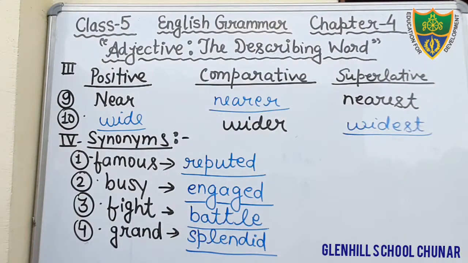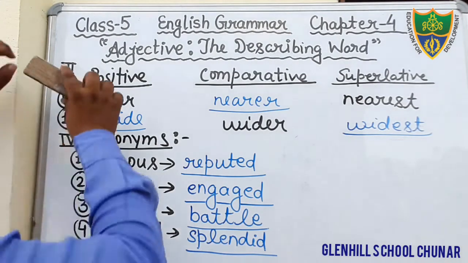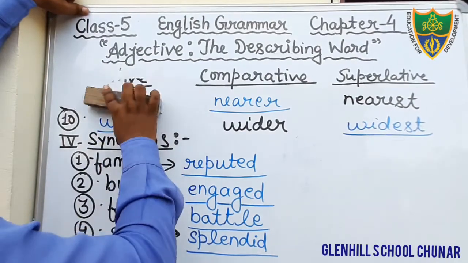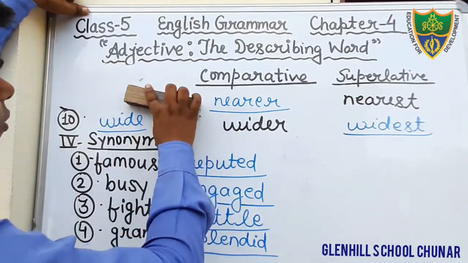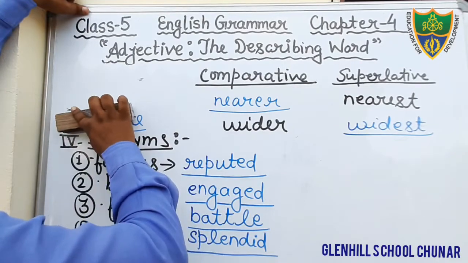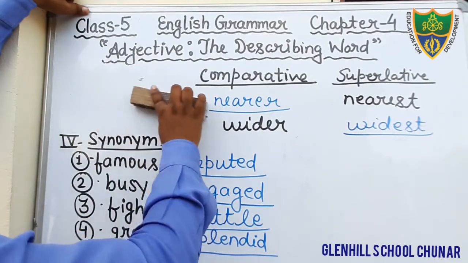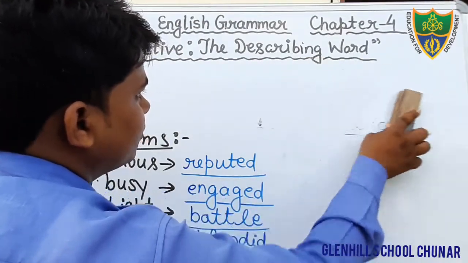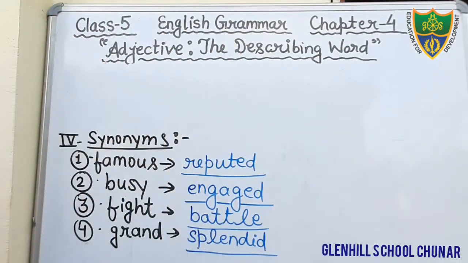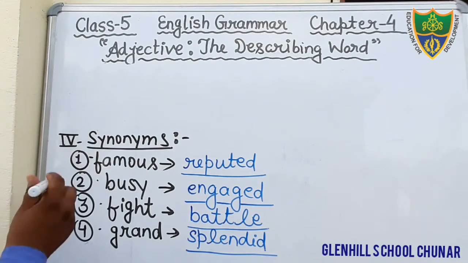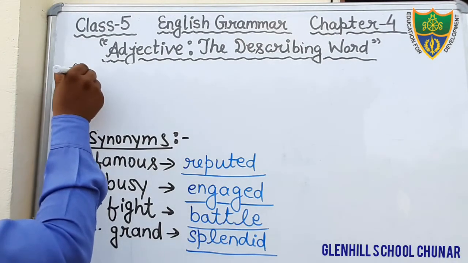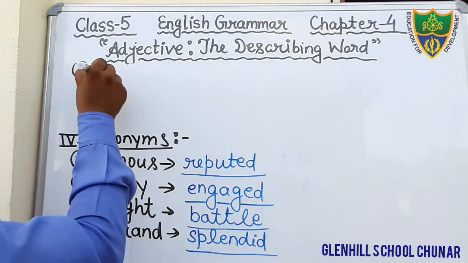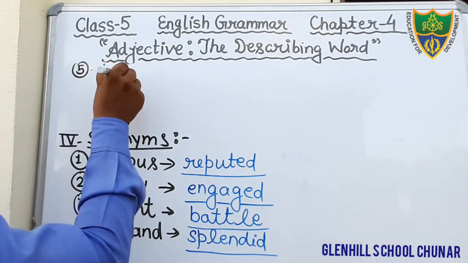Okay. So I am going to erase the exercise 3rd. I hope that you all have done. You all have completed. Just see the next question. What is the next question? Question number 5 we will see. Just see the question number 5. What is question number 5? Protect. Here's the word protect.